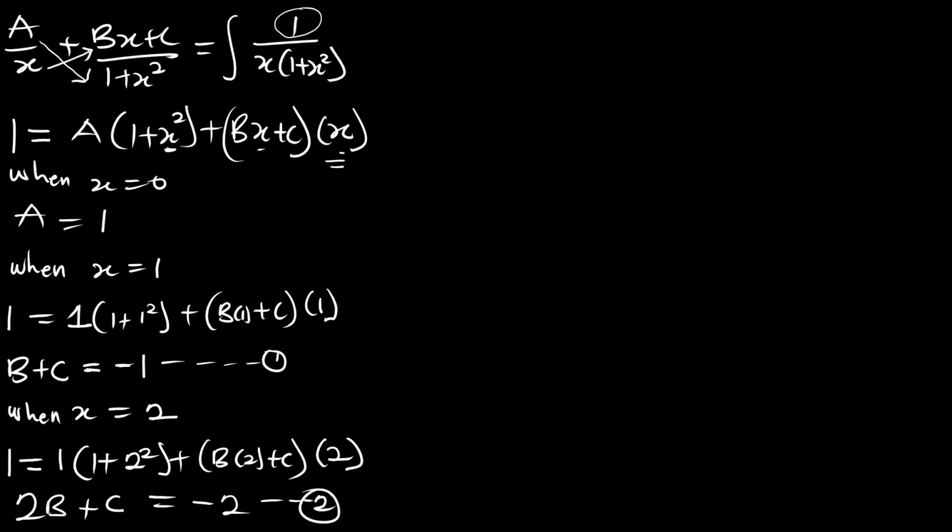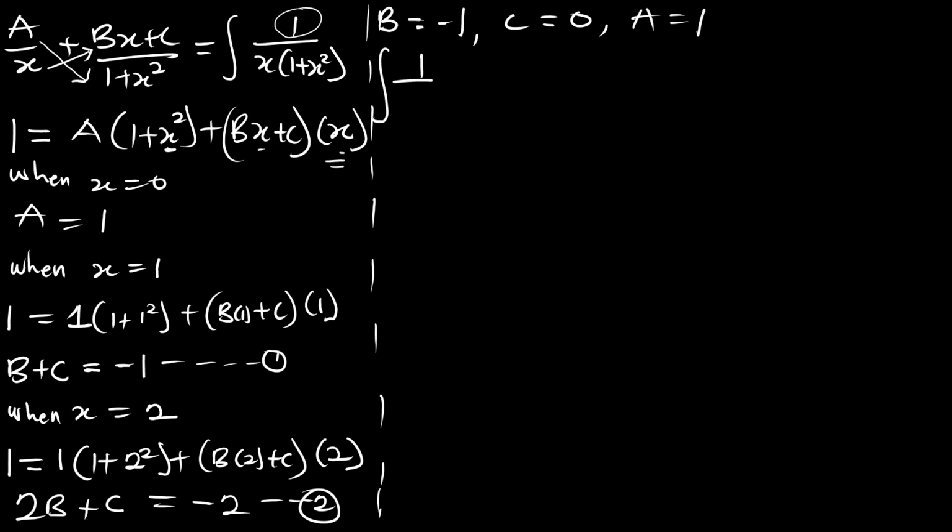Now, if you solve the two equations simultaneously, then you are going to get your final answer for b to be negative 1, and your c is going to be what? 0. And already we have a equal to 1, meaning our integration of 1 over x(1 plus x squared), where we express it, is going to be the integral of a, A is 1 on x plus,